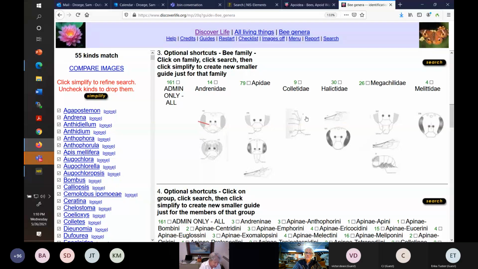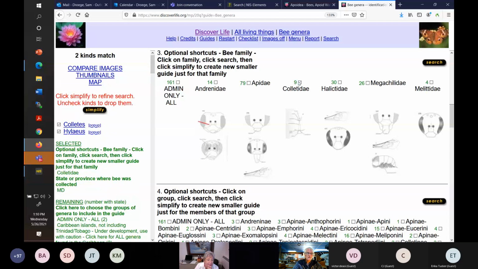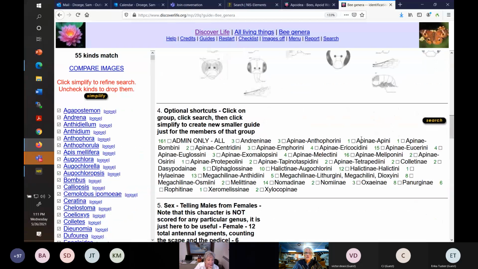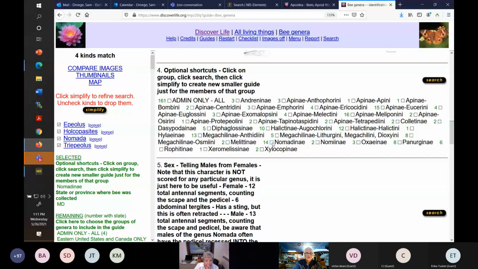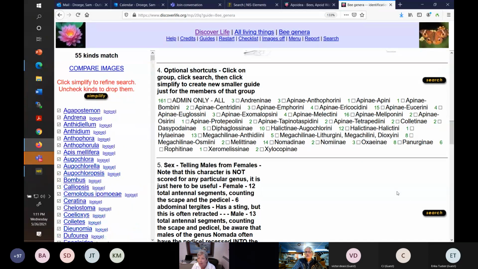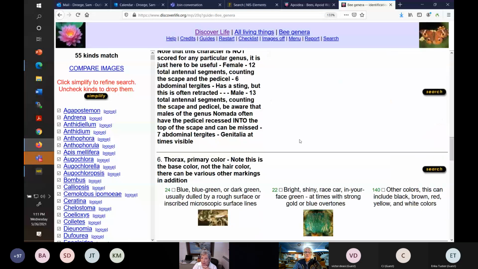We're going to skip over the family level information because we aren't sophisticated enough yet to know which family we're looking at. But we could, and you could play around like, oh, what are the coletids found in Maryland? And it's 2. So there's no harm in clicking things on, clicking things off. There's additional shortcuts. We talked about that last time. There's tribal members here that we could explore, and you can play around with these and use this. This is a learning tool as well as an identification tool. This is just a